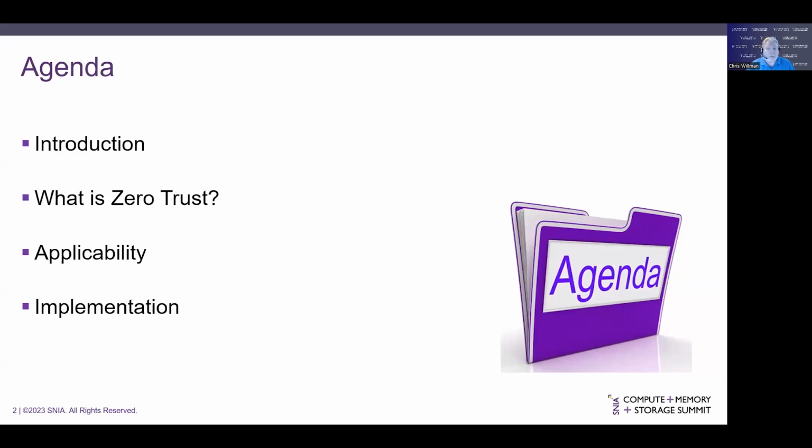Just to give everyone a brief lay of the land, I'm going to briefly introduce myself. Then I'm going to describe zero trust and some of the fundamental concepts associated with it. I'm going to talk about who is migrating to a zero trust architecture and what is driving some of those organizations. Finally, I'm going to discuss how to implement a zero trust architecture, how to develop a plan that has the best chance of success, and enumerate some lessons learned from organizations at the beginning stages of zero trust architecture